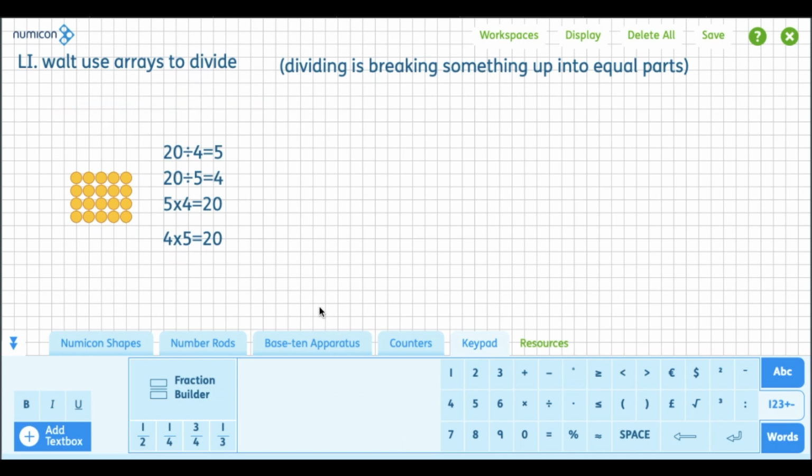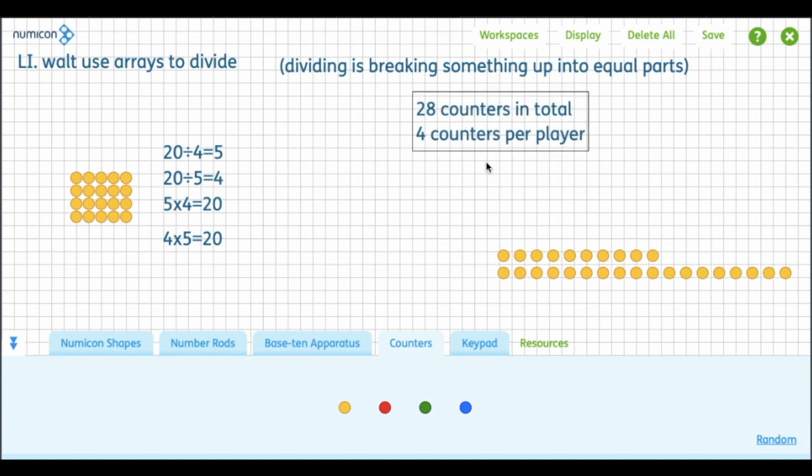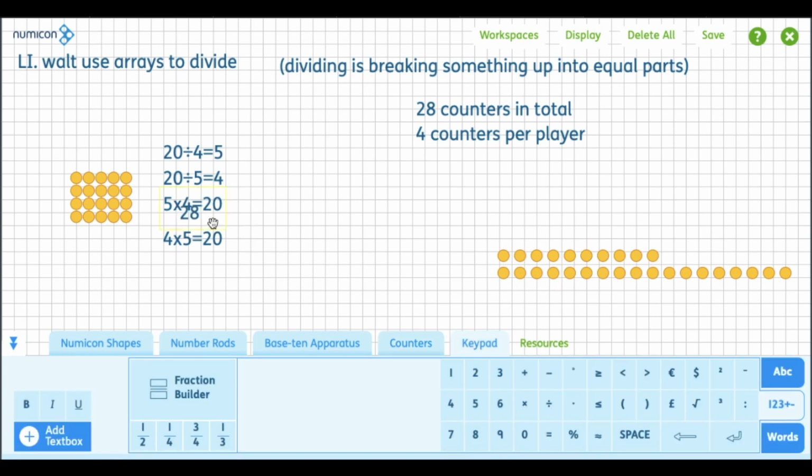All right, so we're just going to delete that, and we'll try a different scenario. All right, this time we have 28 counters in total, but we still need 4 counters per player. So as a dividing sentence, I need 28. I want it here. 28 divided by 4 again. Okay. So how many times does 4 go into 28, or I'm going to divide 28 into equal groups. So I want 4 per group again, so I'll just highlight these 4,